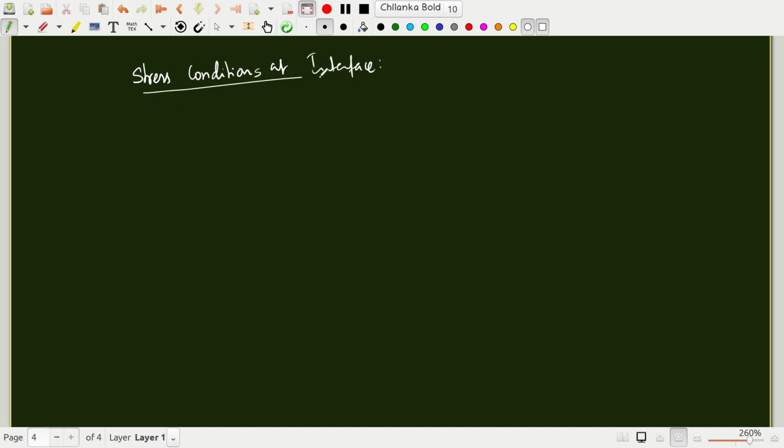This is also very, very important. Okay, again I'm going to consider an interface separating two immiscible systems or fluids with unit normal n. Let the two fluids be A and B. Now let me first write the condition and then I'll explain what it means. The condition is as follows: